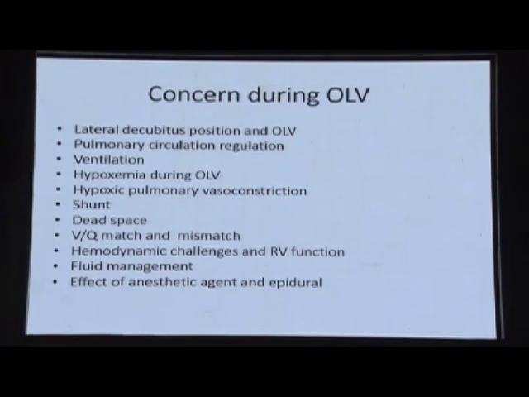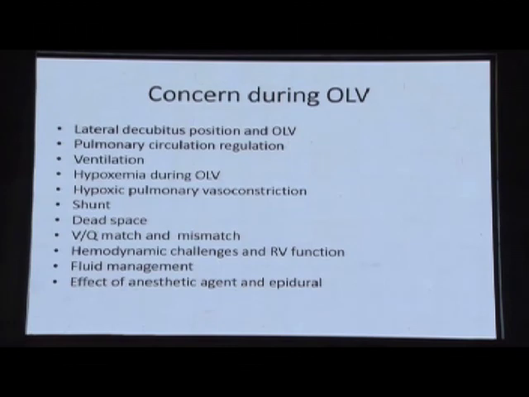So what are usually the concerns about thoracic surgery when the patient comes to you preoperatively? You have to know the normal physiology. What happens to these patients when they're in the lateral decubitus position? What happens to the pulmonary circulation? How do you manage their ventilation? You learn nowadays about the lung protective strategies, what ventilation strategies you're going to use on one lung, how you're going to manage the hypoxic pulmonary vasoconstriction, what happens to the shunt, what can increase or decrease the shunt, what about the dead space,